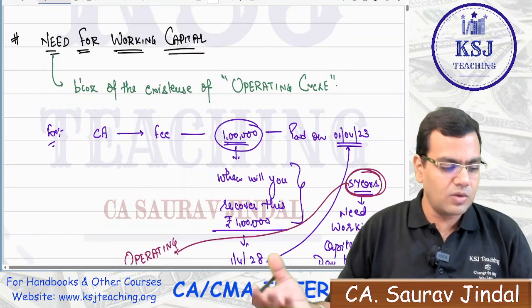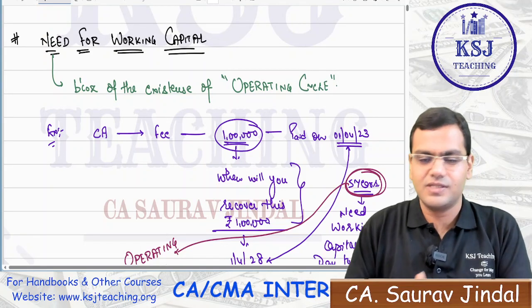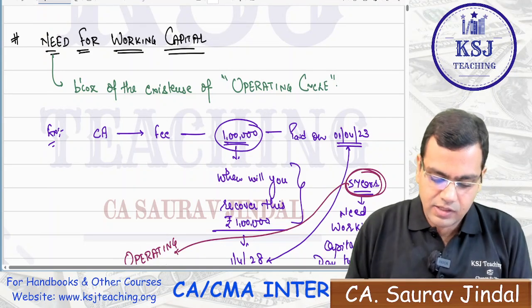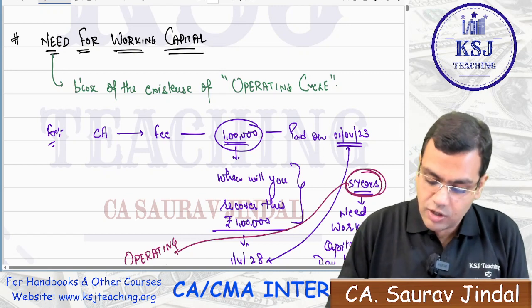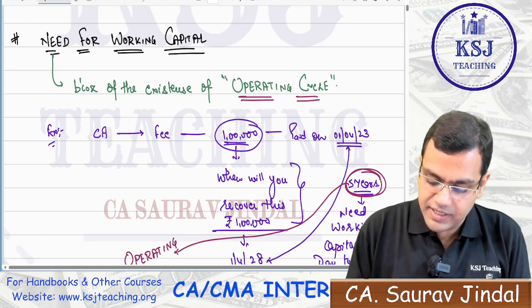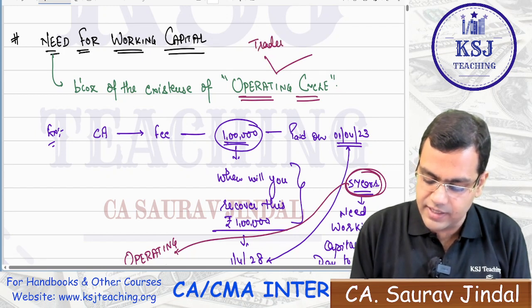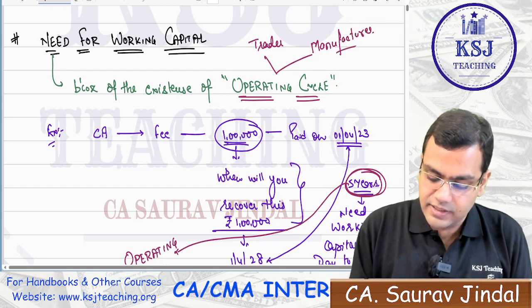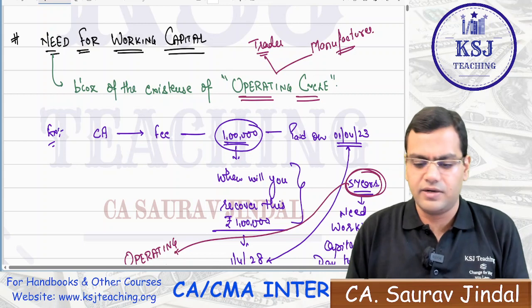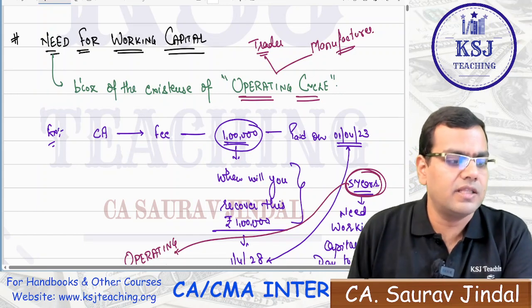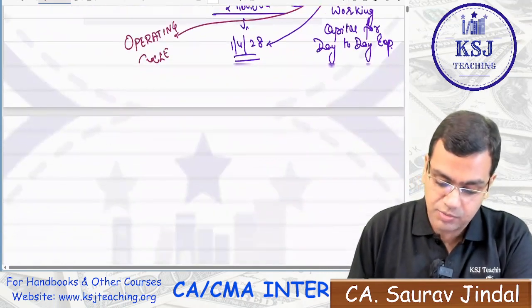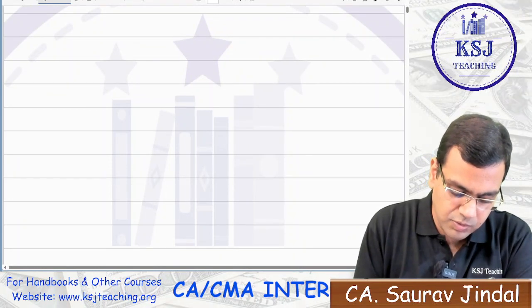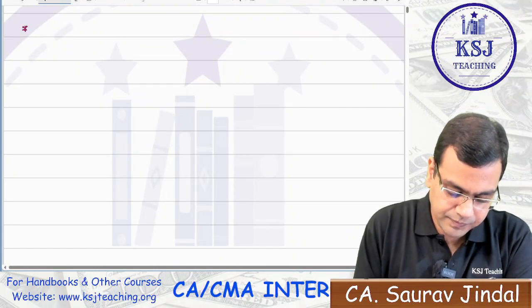Sir, that's it? No, that was just an example. That was just the beginning of the topic. Now let's see. The operating cycle can be for a trader or for a manufacturer. If we talk about the operating cycle, we can study it from 2 points of view. One is from the viewpoint of the trader, and the another one is from the viewpoint of the manufacturer. Right, the trader one is very simple, sir. The trader one is extremely simple, and the most important one is the manufacturer point of view. So let's see first from the viewpoint of trader, right?